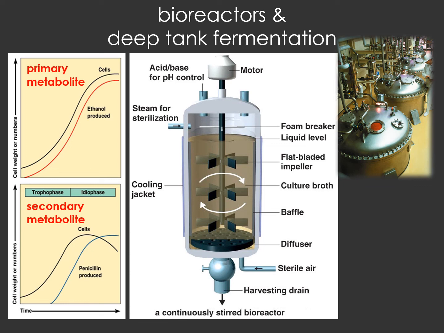And these deep tank fermenters, or bioreactors as they're sometimes called, are basically enclosed containers where every conceivable aspect of the environment is controlled. If you get too acidic, a base will automatically get added to raise the pH. If it gets too alkaline, an acid will be added to lower the pH. If it gets too warm, then a cooling agent will be added to the outside to cool it down. If it gets too cool, it'll get heated up. It's aerated,